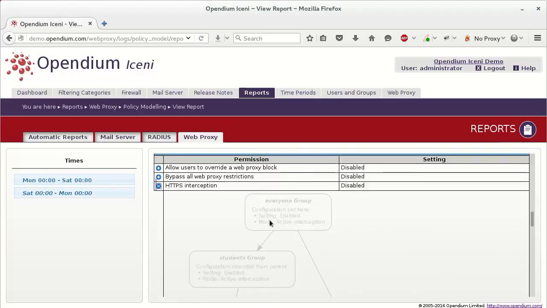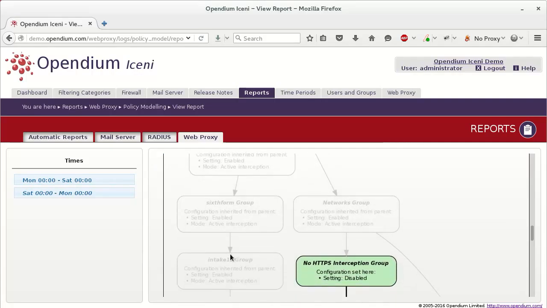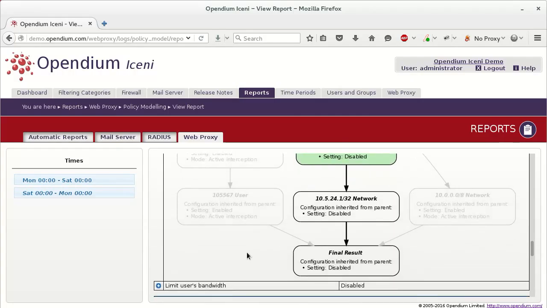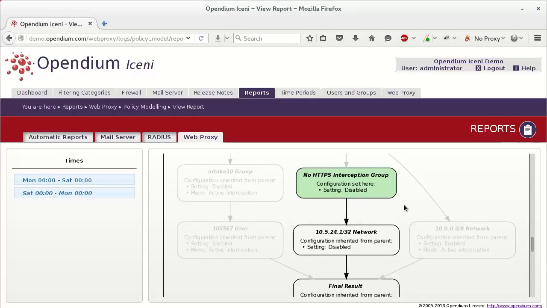The grayed out sections show settings which weren't used, so we can see that the Everyone group enables active HTTPS interception, and that this was inherited by the Students group, and by each of its descendant groups, and finally the user itself. But in the end, none of this configuration was used.